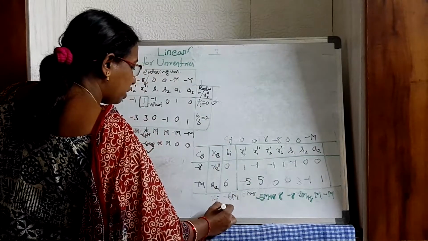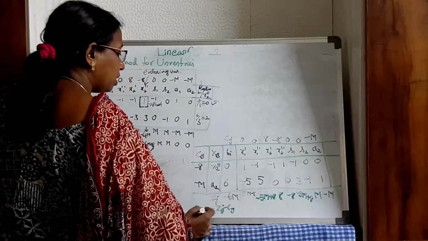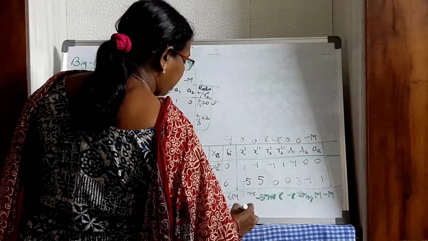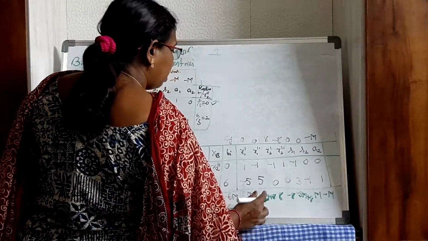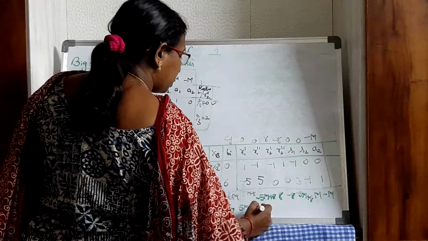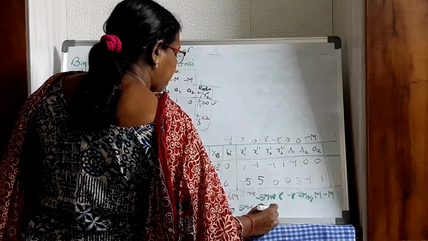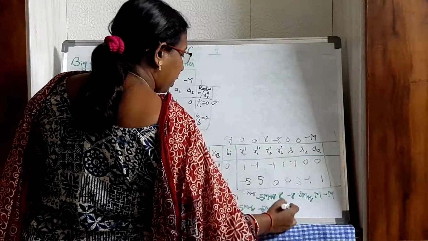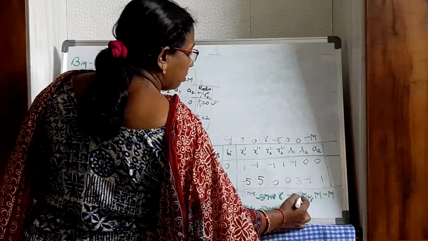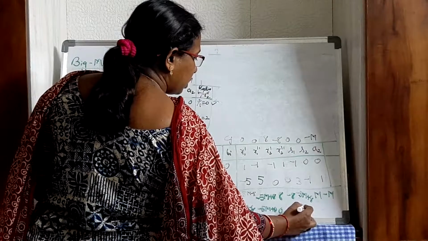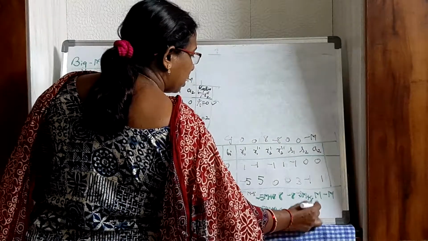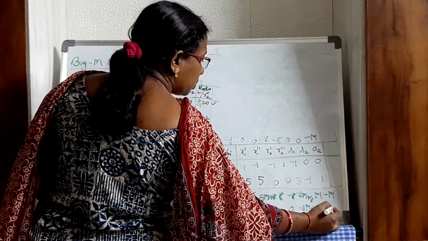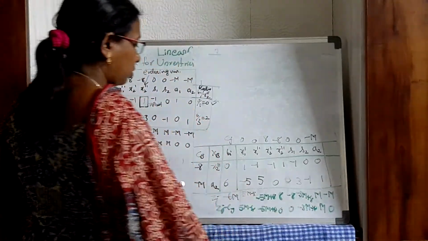Now find Zj minus Cj. So 5m minus 8 minus 0 will be 5m minus 8. Minus 5m plus 8 minus 0 is minus 5m plus 8. 8 minus 8, 0. Minus 8 minus of minus 8 is 0. Minus 3m plus 8 minus 0 is minus 3m plus 8. M minus 0, m. Minus m minus of minus m is 0.